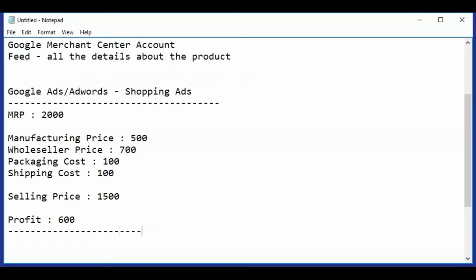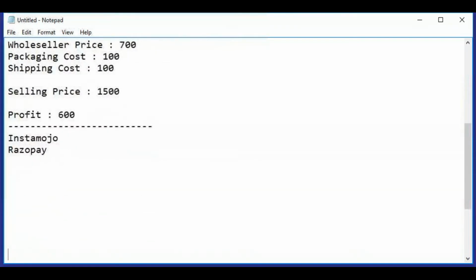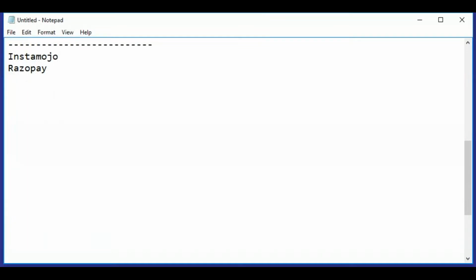Apart from this, we have other platforms as well. Other payment gateways are InstaMojo and Razorpay. These two are the best. Using these payment gateways, you can take money by any means.